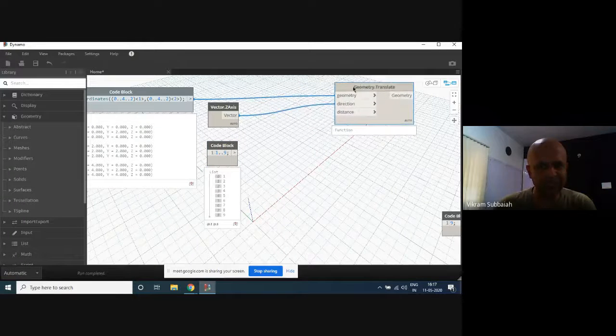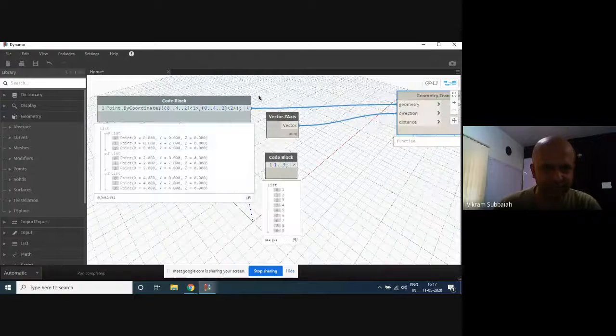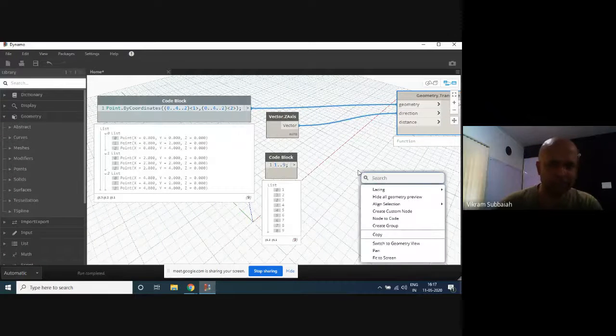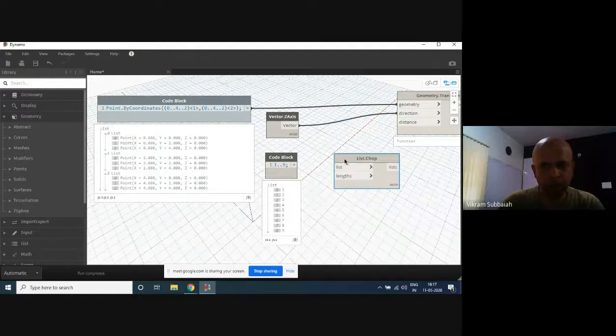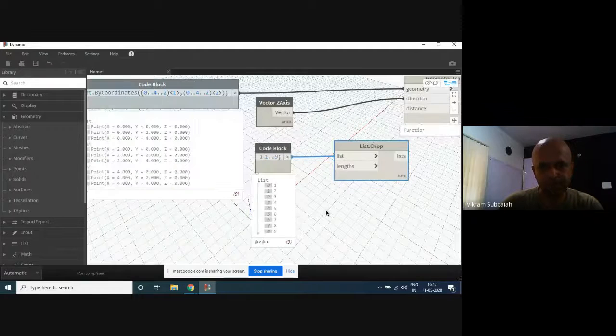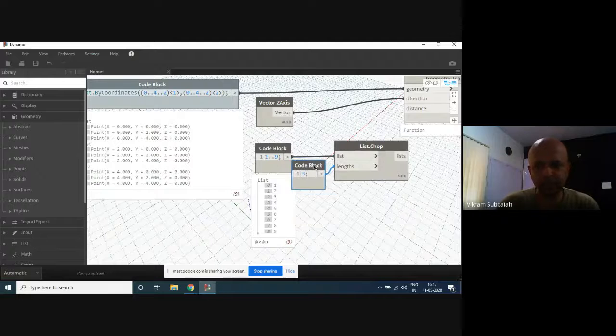And this is just to educate you all about how this is relevant. Now, all I'm going to do is say chop. And this list, I'm going to chop it into 3. That means it will create sublists of 3 each.